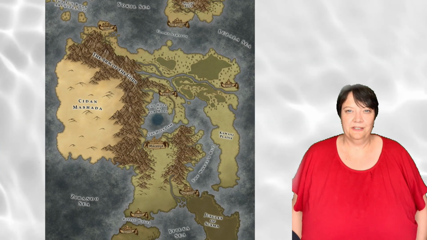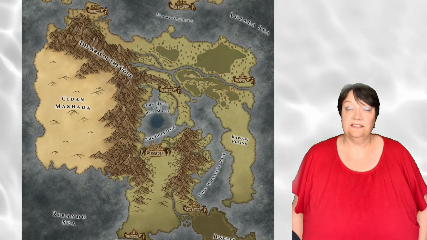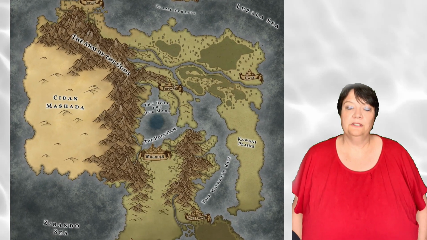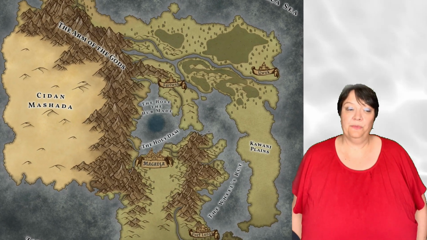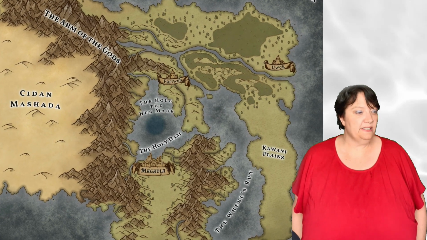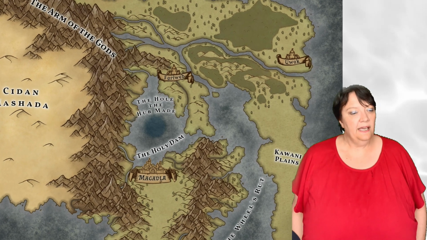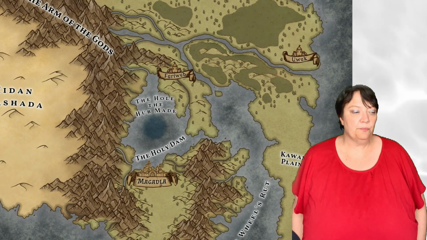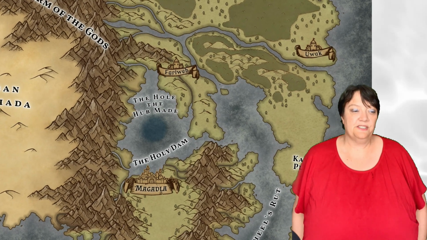On the southern continent of Kisangani, to the west of the arm of the gods, lies the giant lake simply called the Holy Dam. In the center of the lake, there is a perfectly round, deep blue hole. The water of the hole is always clear, no matter the weather, nor yet the season. It is said that a diver who was brave enough, or foolish enough, could plumb those depths and find the